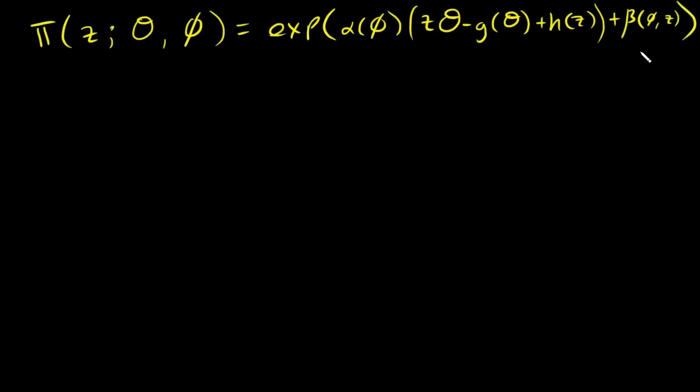Okay, and that's for a single observation. So then if I have more than one observation, so say I have z1, z2, all the way through to zn, and they're independent,